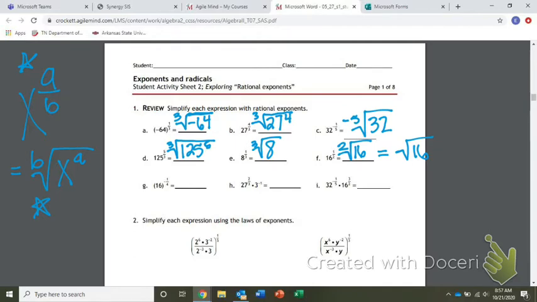G would be a negative 4 with the 16 underneath the radical. All right,